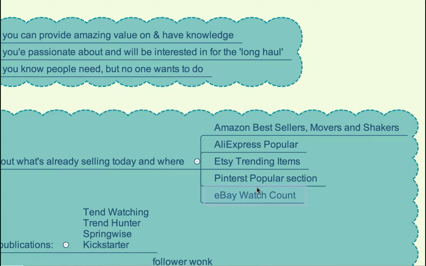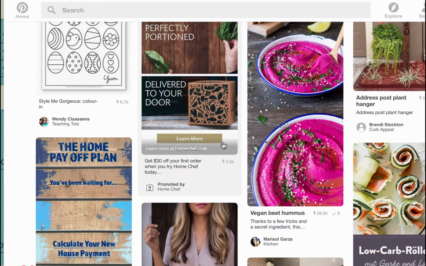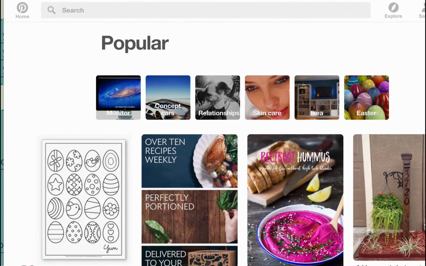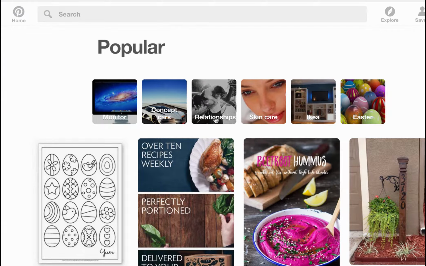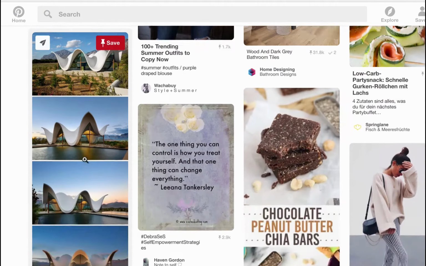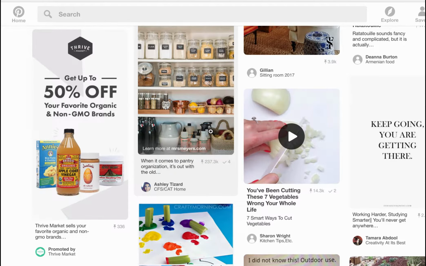So some more ideas. You can also check out Pinterest. It is another good idea to find physical products that are selling well and some potential niche ideas for you to get into. So a good idea is to go to pinterest.com/category/popular, and then you can check out some of the most popular pins and products that are very popular right now. Here's something about organization.